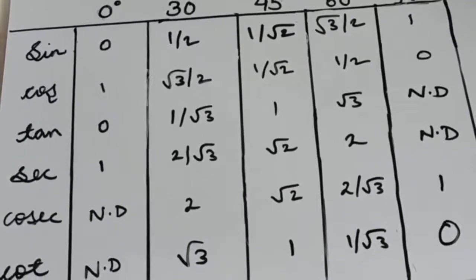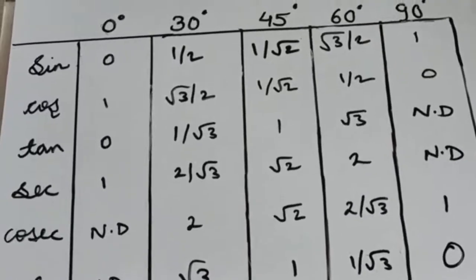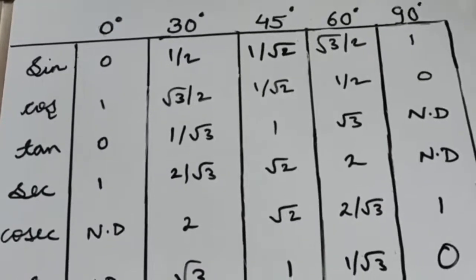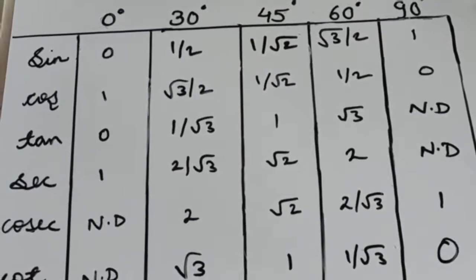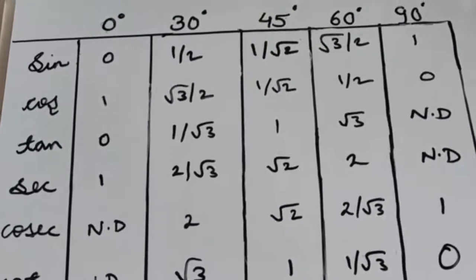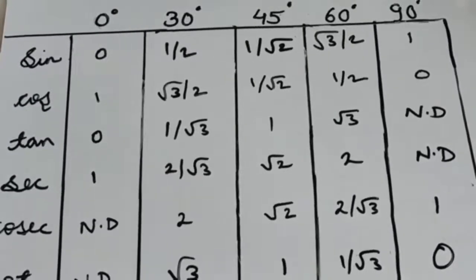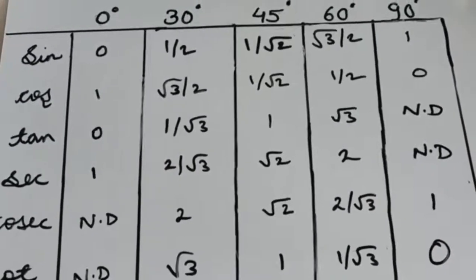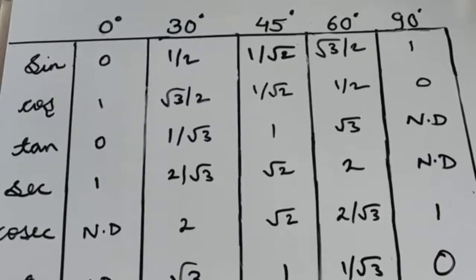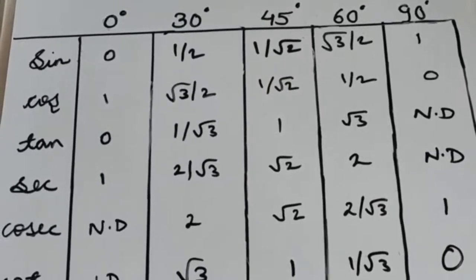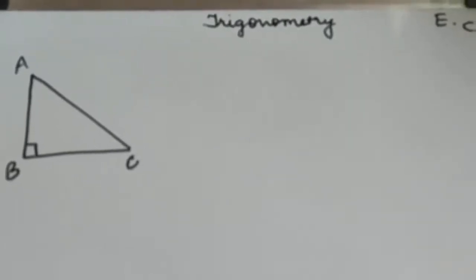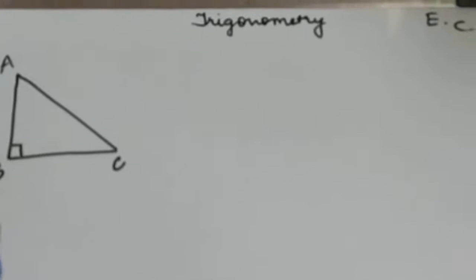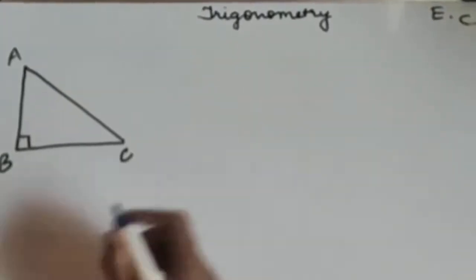See, I am not here to teach you the way that other people teach, isn't it? So we are actually going to learn how these values have been derived. Okay, so let's start deriving these values so that your understanding gets clear. So let us first learn the values for various trigonometric ratios at 45 degree. We are going to derive it. We are not going to learn it by heart.